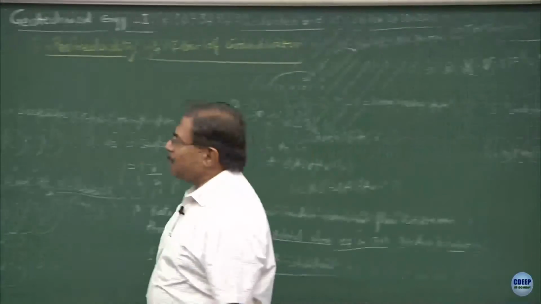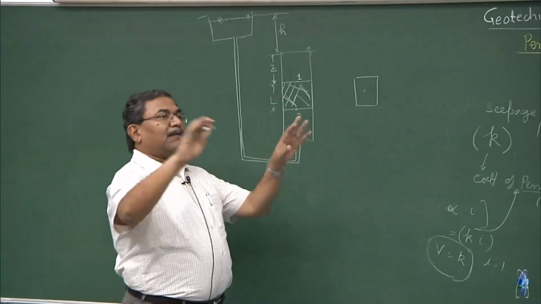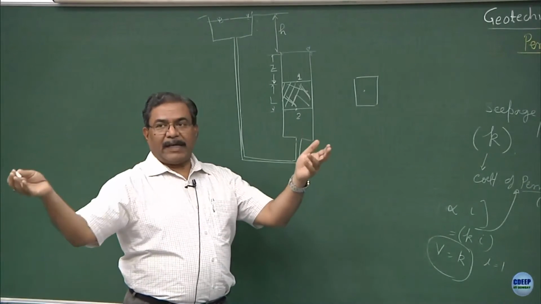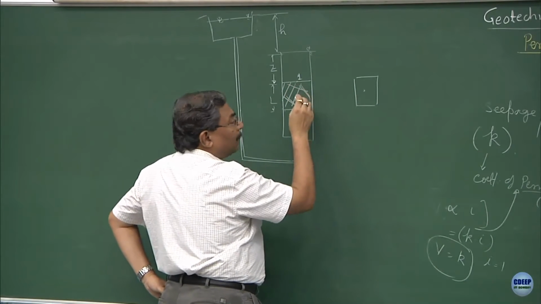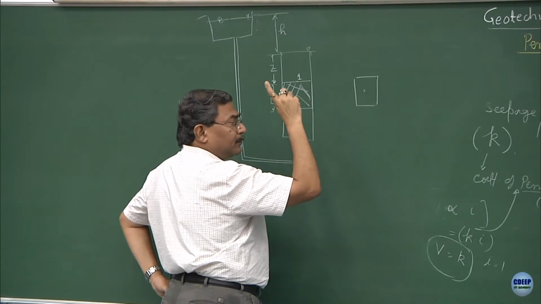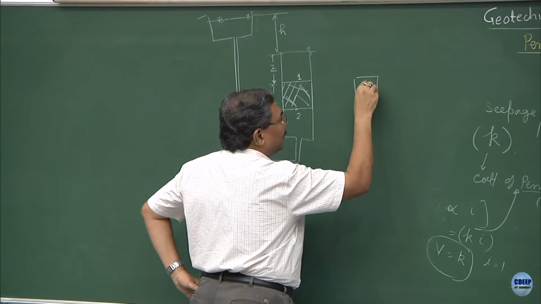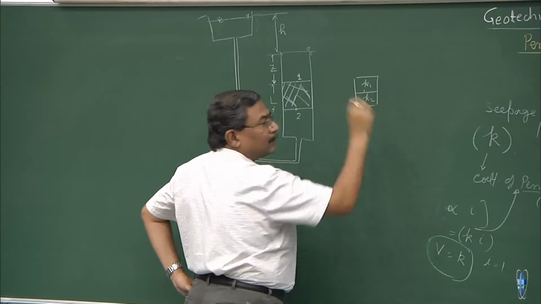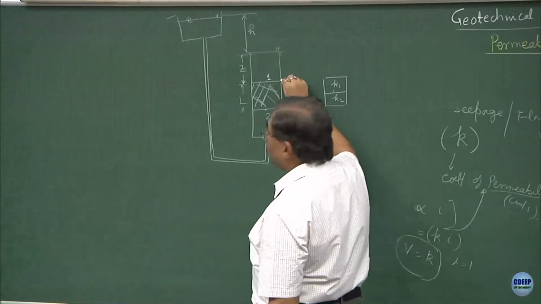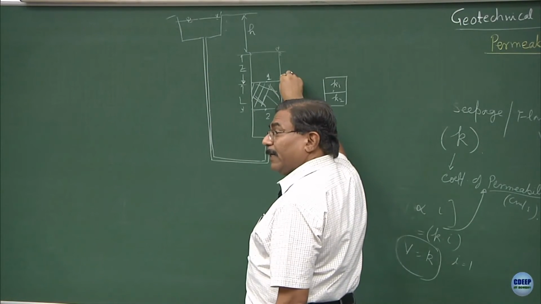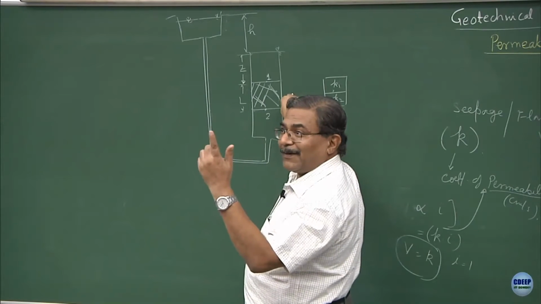Now, suppose I ask you to draw the free body diagram of this element, there is another manipulation. First, understand the different types of manipulations which I can do. I can replace this porous media by a multi-layered system. Agreed? That means I can say this system has permeability K1, this has K2. In the earlier case, you must have realized that the dissipation of the hydraulic gradient is going to take place between 1 and 2, and that was linear.